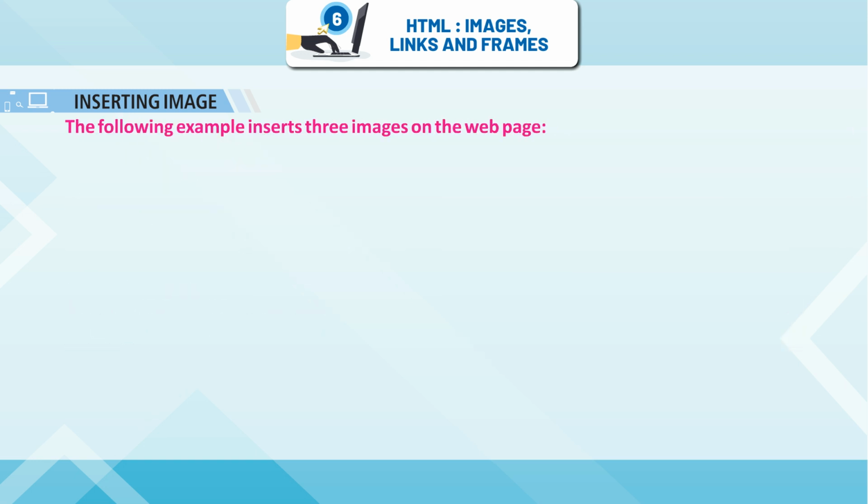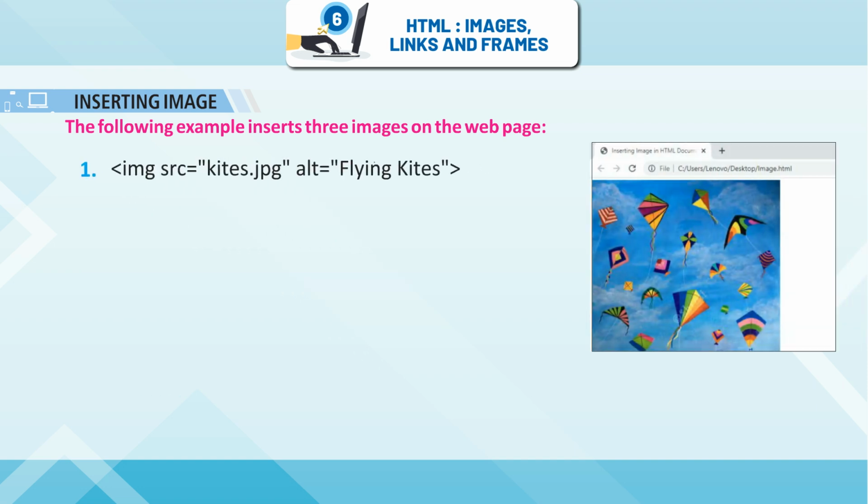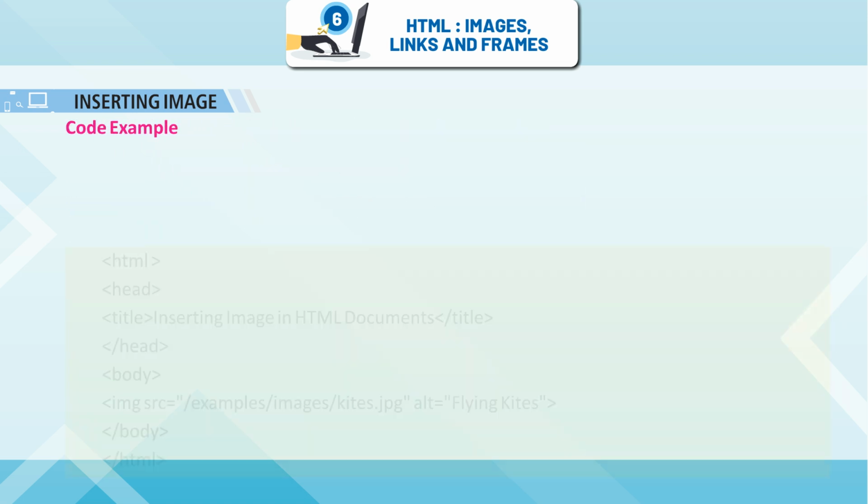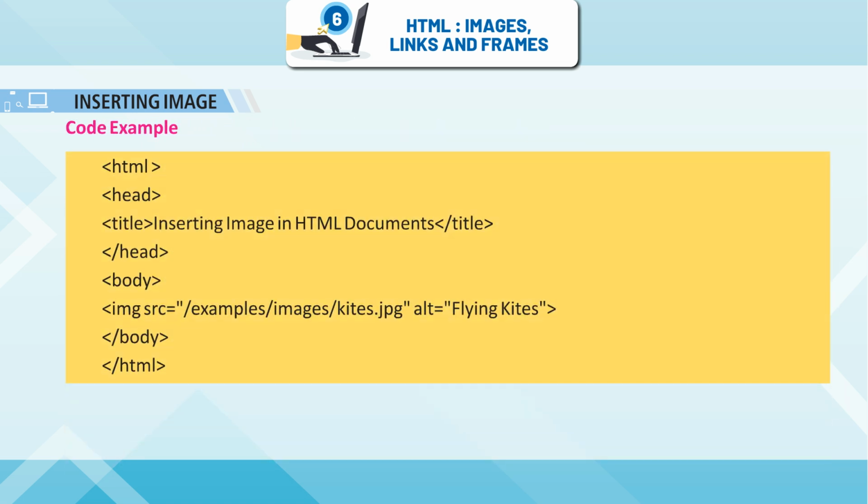The following example inserts 3 images on the web page. img src equals kites.jpg, alt equals flying kites. img src equals sky.jpg, alt equals cloudy sky. img src equals balloons.jpg, alt equals balloons. Code example: